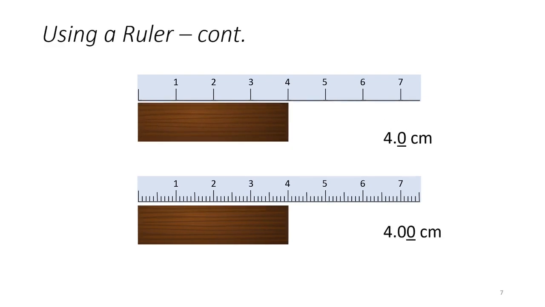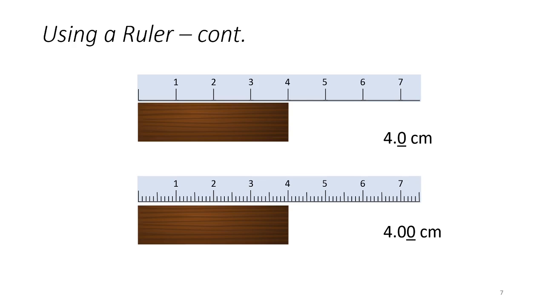So what happens when the wood lies directly on a line? Well, in the top ruler, we know it is between 3 and 4 or 4 and 5. So 4 is our first digit, and that's our known digit. But then we have to estimate how far the wood is between 4 and 5. In this case, we would say it is 0.0 away from the 4, and our reading is reported as 4.0